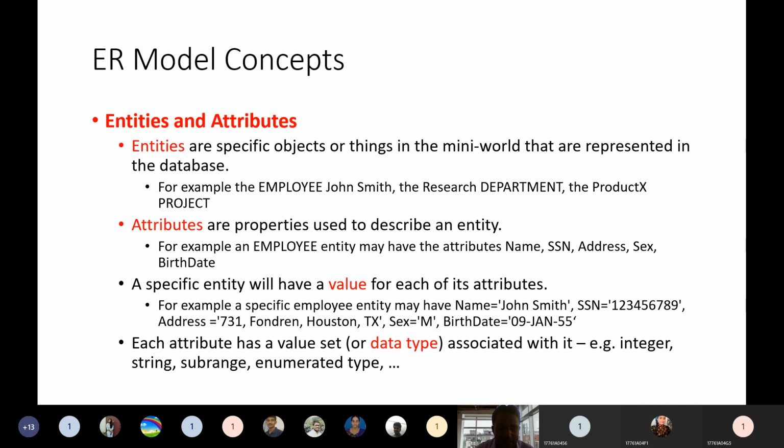Suppose you are creating the database for a university. In that university there will be roll number, name, and so many things. Those are all data, and we will not simply collect the data just like that. First we concentrate on what objects will be involved in this university. These are all real-time objects. Student is one object, employee is one object.